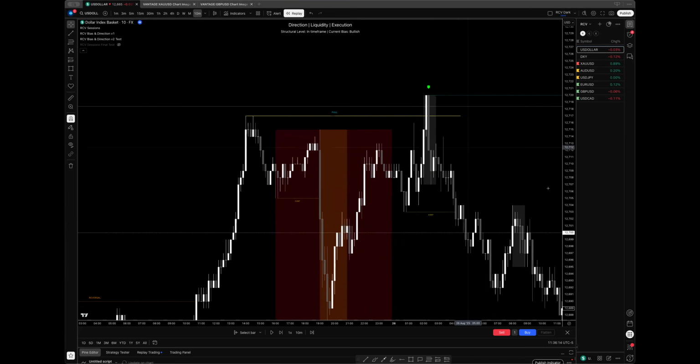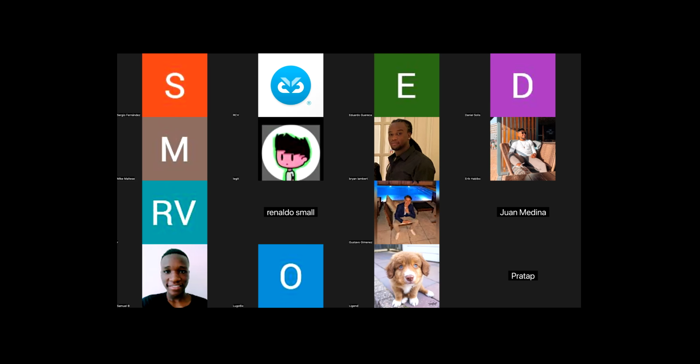The main thing with me, especially with the sweep model, is that I do like M5, M3 sweep engulfing models, but they're not as consistent as M10, M15 have been. M10, M15 have been my favorite time frame for this type of model. So if you come back and look at the image that I showed here,